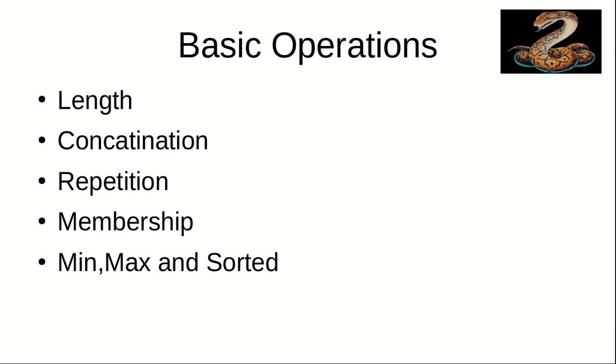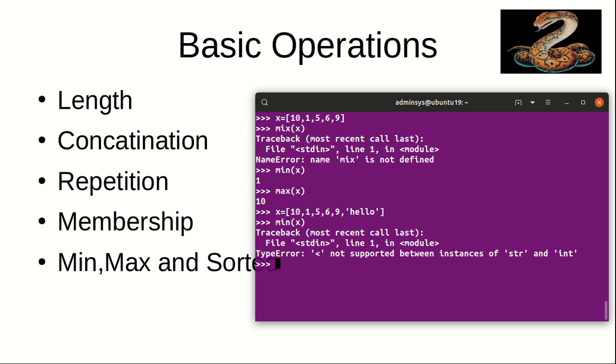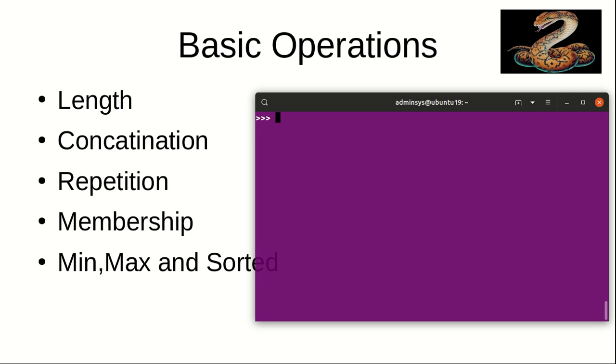And next we have sorted. Sorted arranges the list in sorted order. Suppose I create another list, let's say x equal to 6 comma 2 comma 4 comma 3 comma 1. Suppose we want to sort this list, then you can simply write sorted of x. It returns the list in sorted order, that is 1 2 3 4 6.